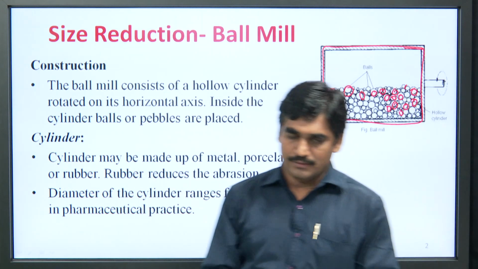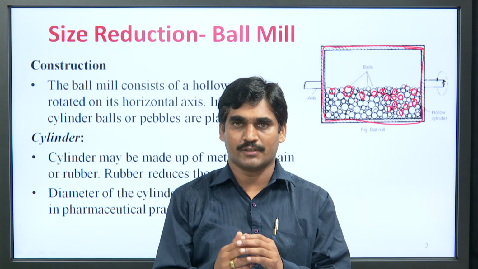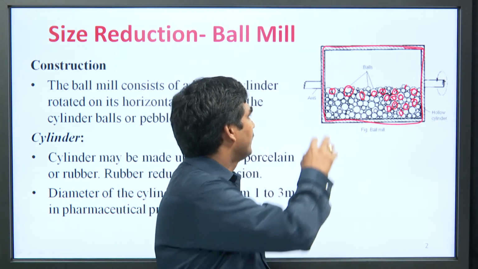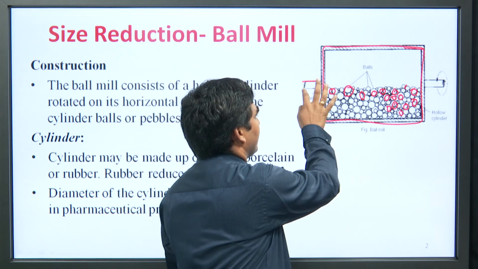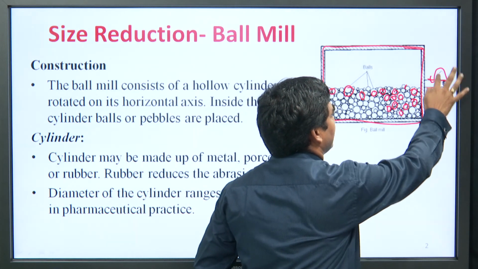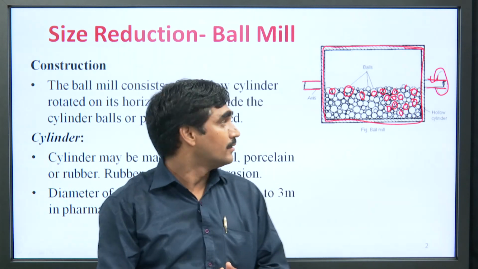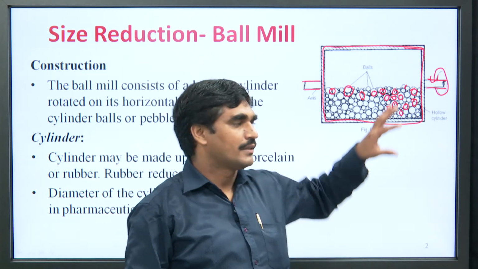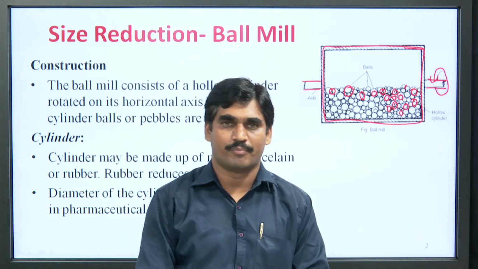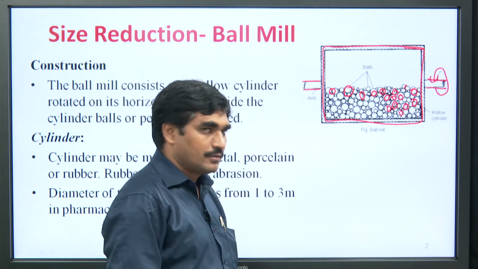So, how does it look? It is a cylindrical structure which rotates on its horizontal axis. This is the horizontal axis on which the mill operates, and this is the rotation of this mill. So, inside this, balls are placed, cylindrical balls, pebbles are placed. Now, the cylinder,